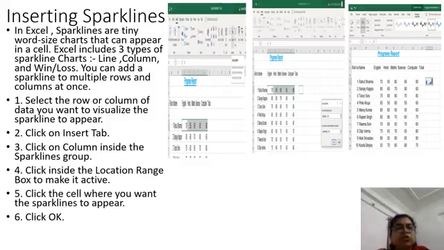Okay, so like this we have completed this chapter, that is inserting charts, making charts. And earlier, before the charts, we have seen how to insert a new sheet, how to rename the sheet, how to give color, how to delete the sheet, and all that. So overall you have learned how to make a chart, how to plot a chart, for that how to select the data, and what the different types of charts are.